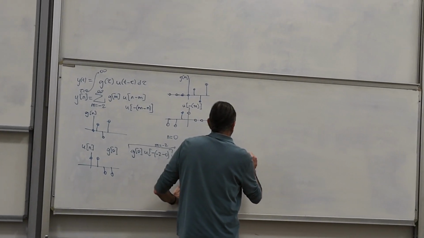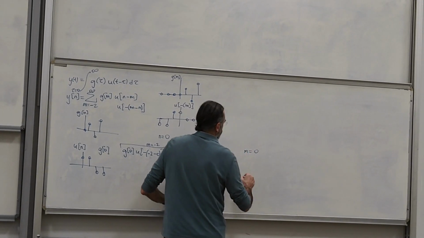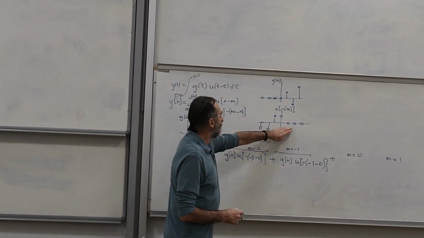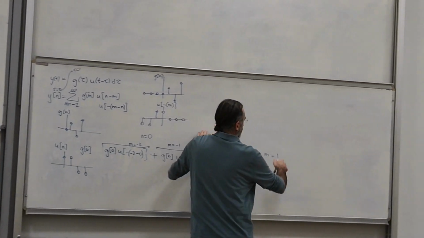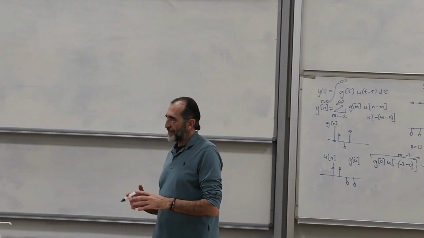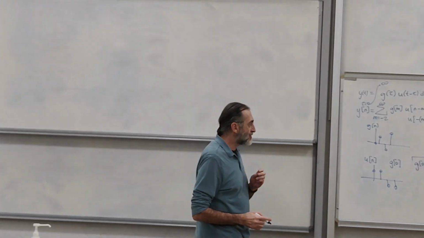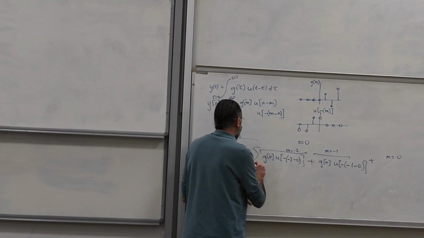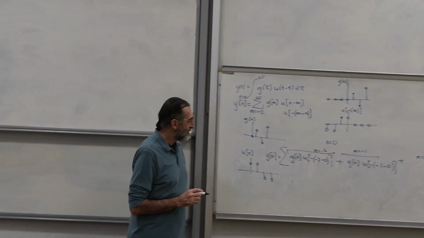And then I'm going to continue with n equals 0, and then n equals 1. Okay, n equals 2, n equals 3, all the way down to where I have 0, 0, 0, 0. So then I'm going to be done. Okay, so I'm going to do all these, and I'm going to add these values up.